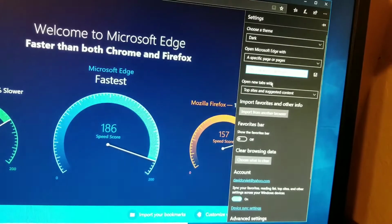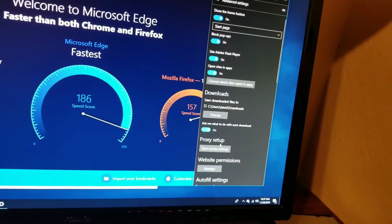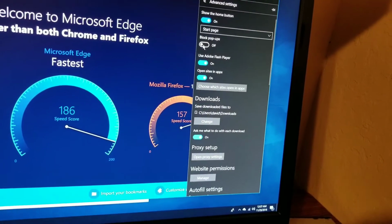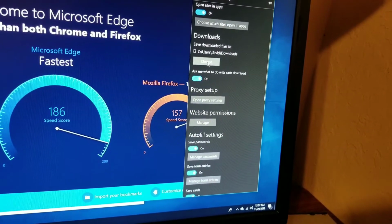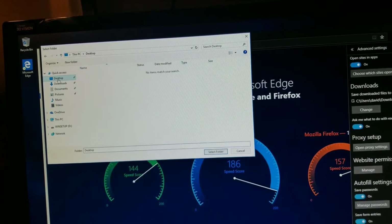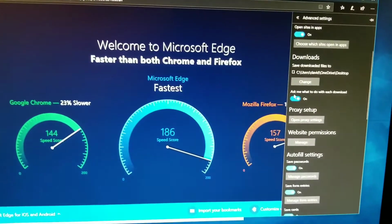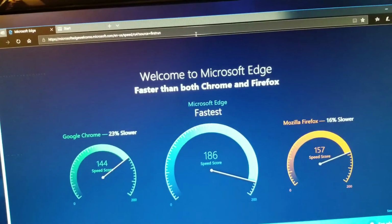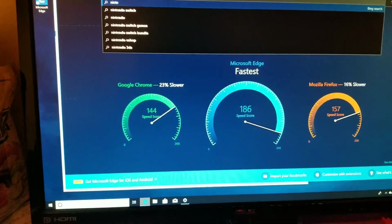Okay, set that, save the home page. And another thing I like to do is go to the advanced settings. Usually it doesn't block any pop-ups, it actually just blocks important pop-ups, like some people will try and print and it blocks that. So I turn off the pop-up blocker and I'll set the default download location to the desktop, so that way you clean up your downloads instead of just leaving them all in a folder and then making a mess. So another thing I like to do is go to this website,